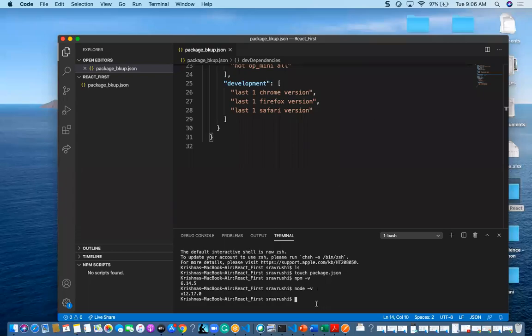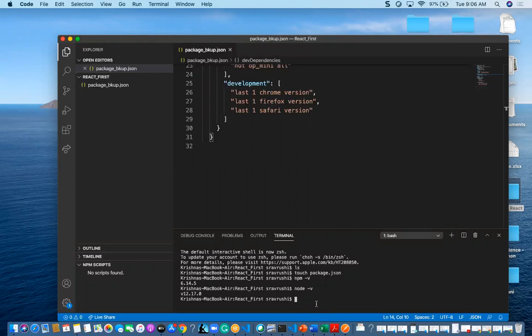Yeah, now the thing is, if you are creating a particular web page or a project in Node.js, the most important file is package.json. Without package.json, you cannot access the project, because the start command, the build command, and the dependencies of your application, everything will be residing inside package.json.